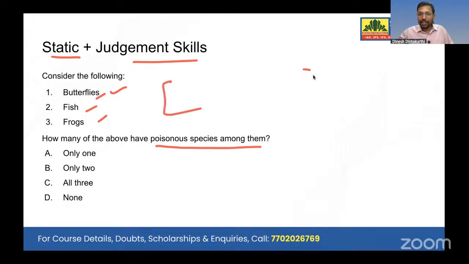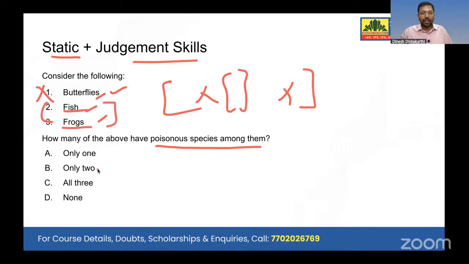So imagine this is the number of species of butterflies. We know only like 10% of the species. We don't know what species are there in the Amazon forest or maybe in any of the forests. We don't know. So we cannot directly say no. Just because we know some species, we should not say no. Same with fish. Fish, we know puffer fish, for example, are poisonous. Similarly, frogs. Fish and frogs, you might go with that. You may not directly go with only two. But again, apply the logic. You have to use judgment skills to say that yes, at least one butterfly species in the whole world might be poisonous. There is a possibility, right? So that is how we have to eliminate the options.